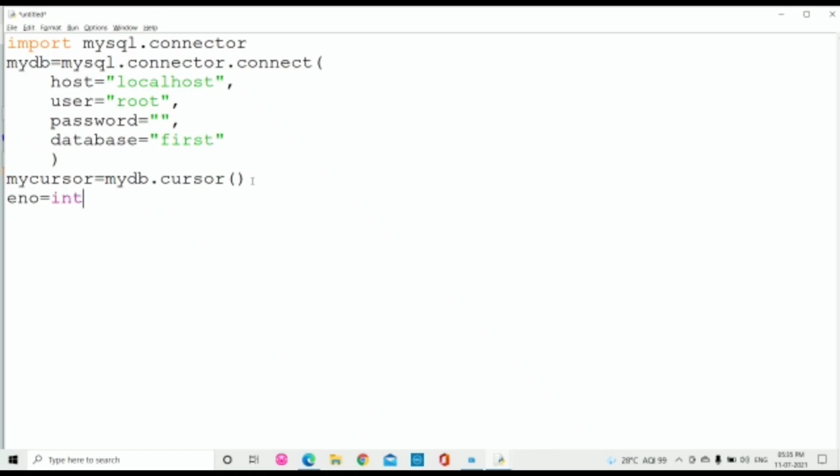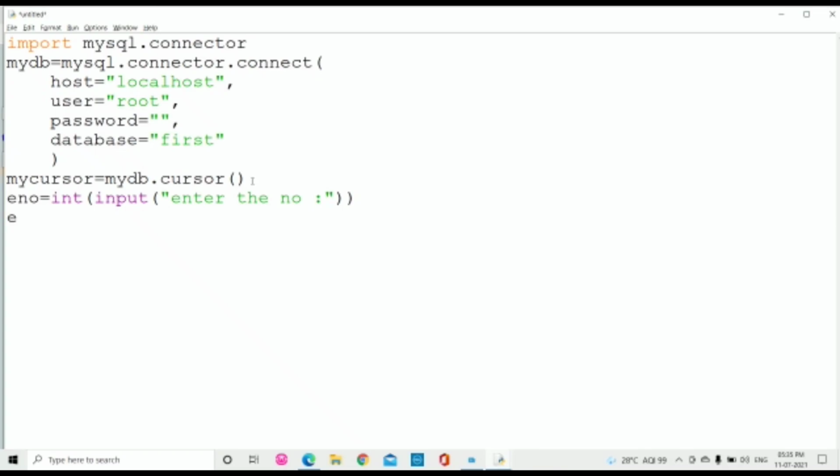So I want to take it from the user to insert. I am going to use an insert statement. Integer. Say I am asking the user. So input is a command, and I am asking the user to enter the number. Enter the number. I will close the two brackets that were opened.